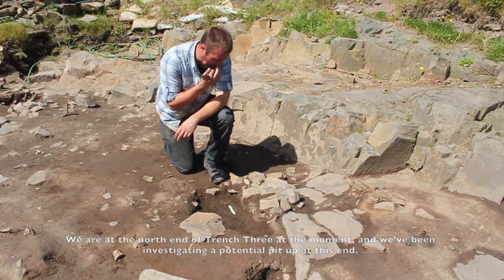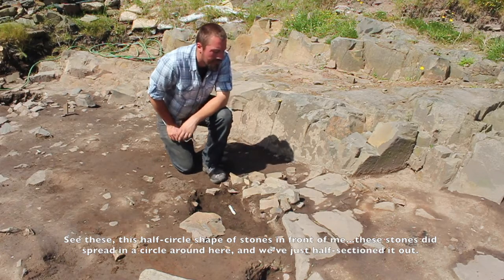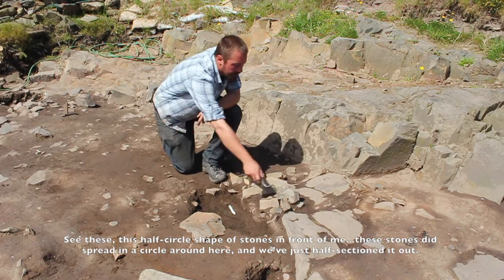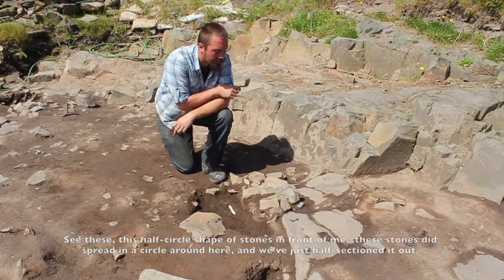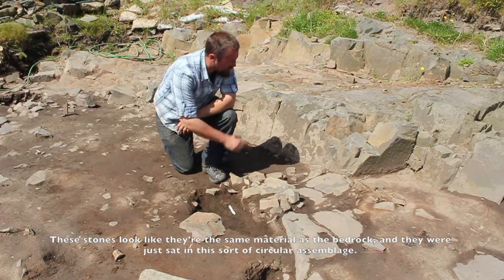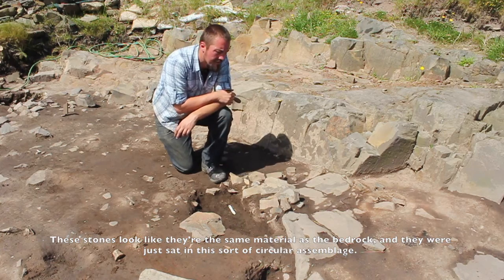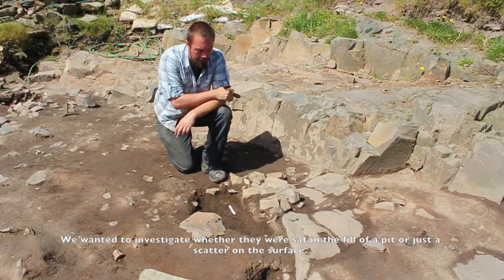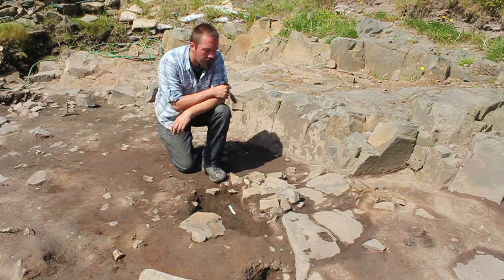at this end. You see this half circle shape of stones in front of me? These stones did spread in a circle around here, and we've just half sectioned it out. These stones look like they're the same material as the bedrock, and they were just sat in this sort of circular assemblage. We wanted to investigate whether they were sat in the fill of a pit or just a scatter on the surface. So we did a half section,